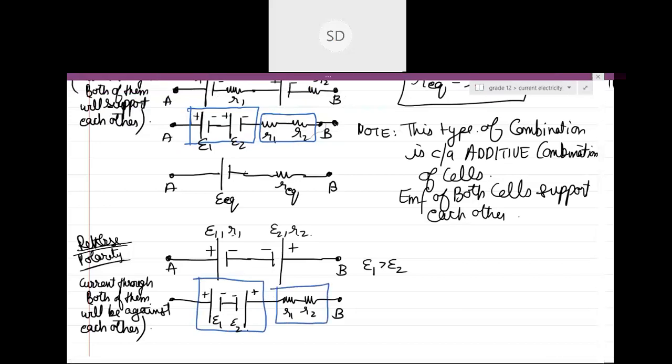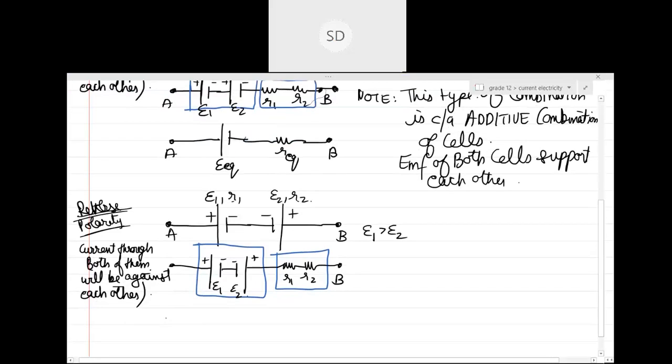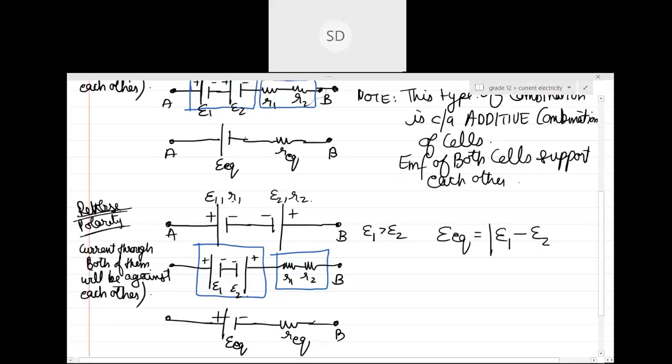So can I draw it directly like this? Any doubt in any case? Plus minus over here, minus plus over here. This is E1, this is E2. Now I'll combine both of them. So can you see here in this case what is the final answer? Since E1 was greater than E2, the final E equivalent will have the same direction as E1, and R equivalent has no direction at all. So I can write E equivalent in this case will be equal to E1 minus E2, and I can write it as a mod.